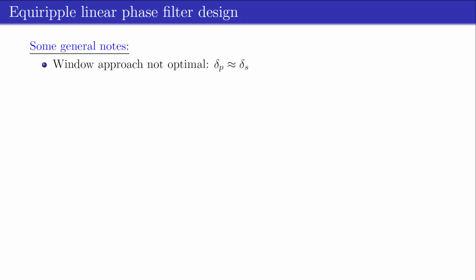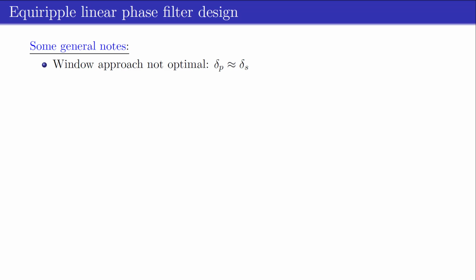First, the passband and stopband deviations, delta p and delta s, are approximately equal. Although it's common to require the stopband deviation delta s to be much smaller than the passband deviation delta p, these parameters cannot be independently controlled in the FTD and windowing design method. Therefore, with the FTD and windowing approach, it's necessary to over-design the filter passband in order to satisfy the stricter